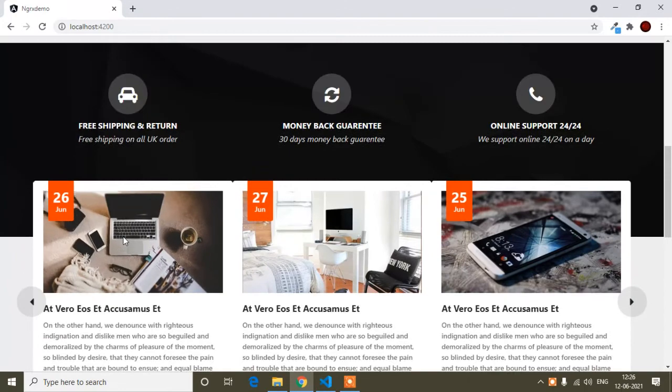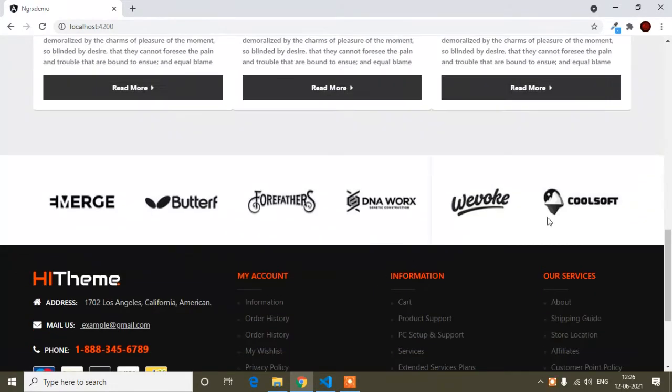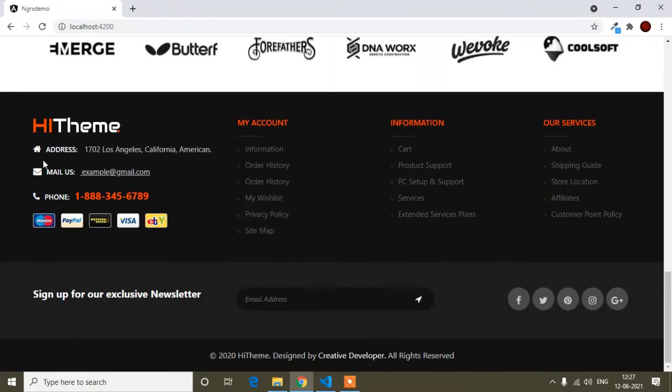And here I have added the owl carousel. You can see how to add owl carousel in Angular, which I had also shown, and here also I had added the owl carousel. You can see here. And guys, in this video I will just show you how you can add this footer